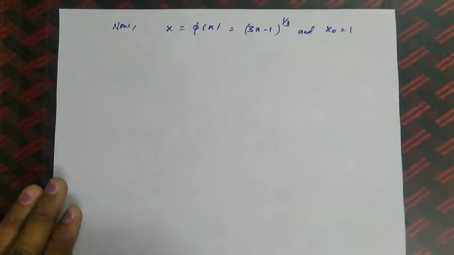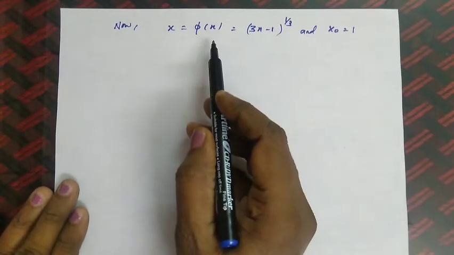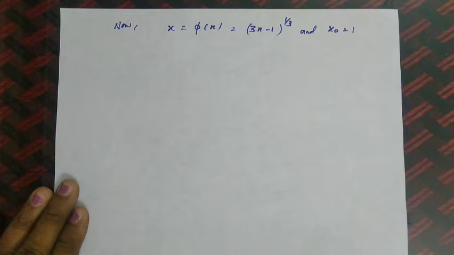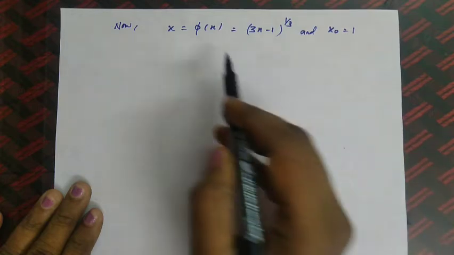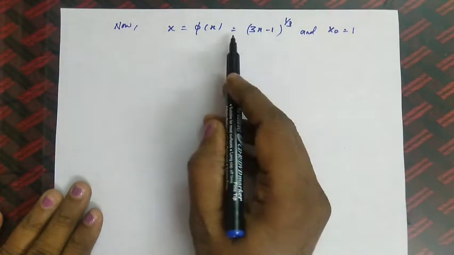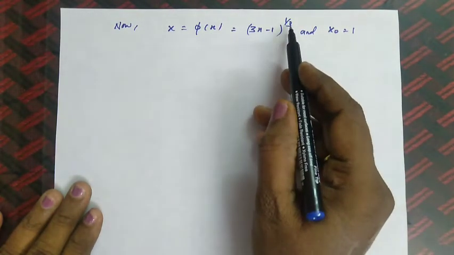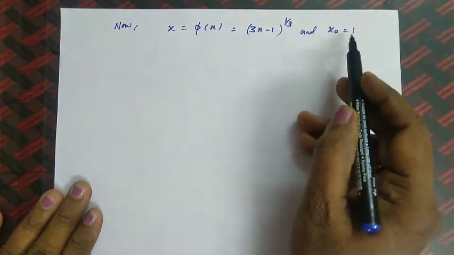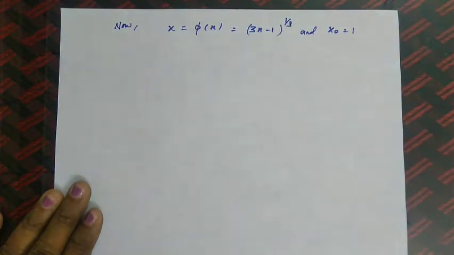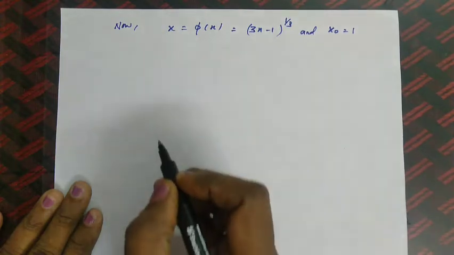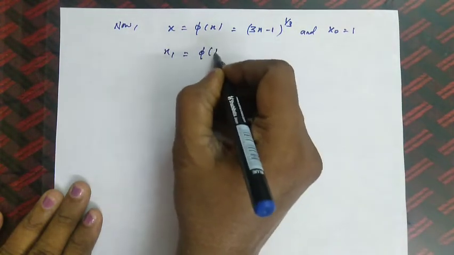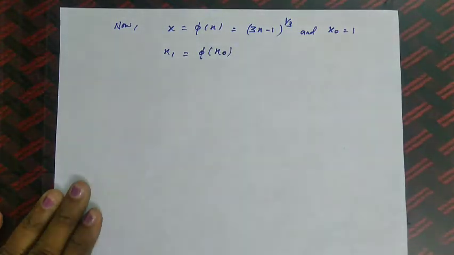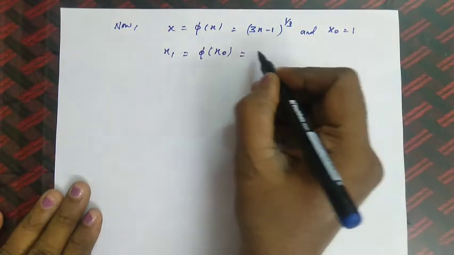So, now x is equal to phi of x and modulus of phi dash of x less than 1, the condition is also satisfied. Now, we are going for the approximation, that means iterations. For that we have taken x is equal to phi of x is equal to (3x - 1)^(1/3) and our x naught is 1. So, the first approximation we are going to do is x1, equal to phi of x naught.